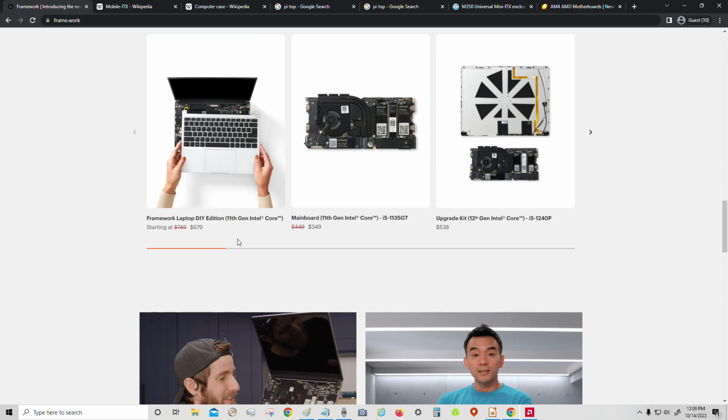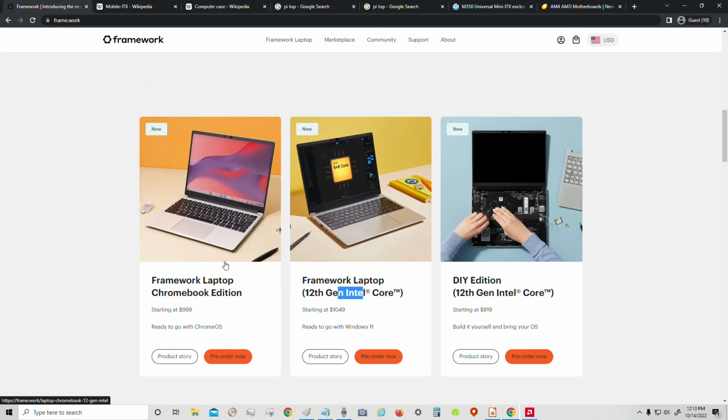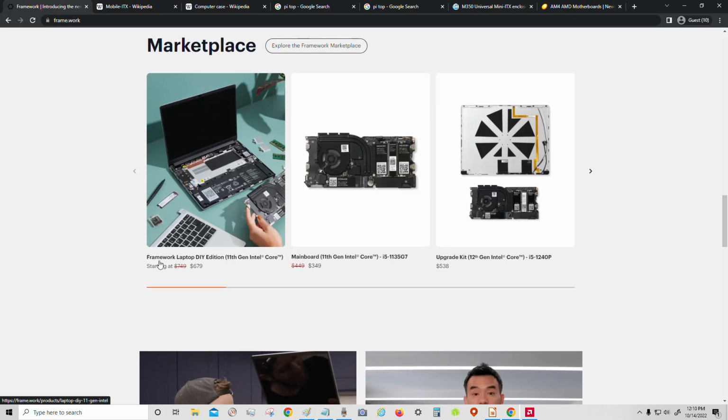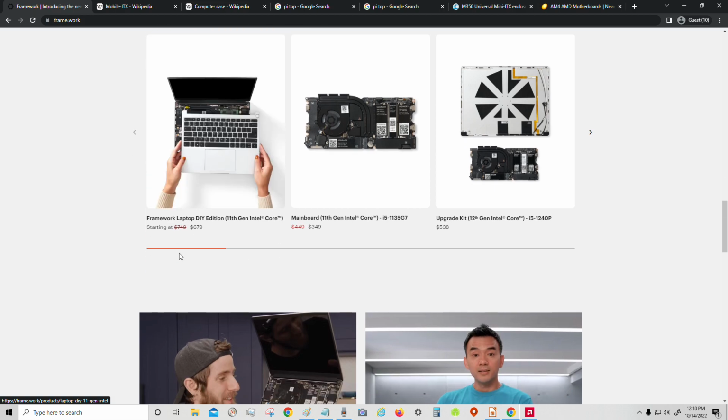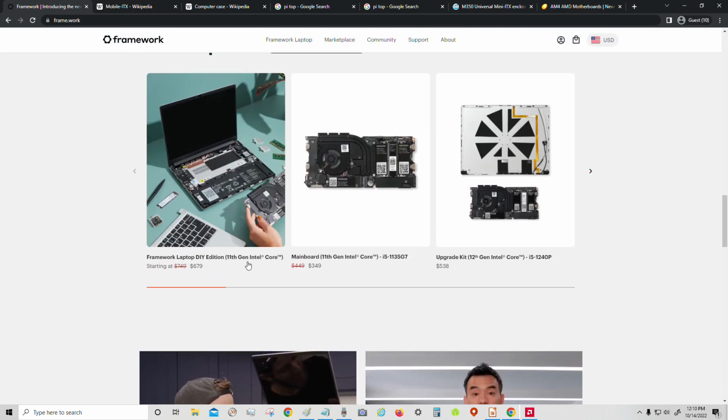But if you look at the price of these, these are definitely the higher end ones, so I can see that they're around $1,000. But if you look at something like this, you could put it all together for about $700. So it's a little bit cheaper, but compared to those, of course the speed is going to be a lot faster.